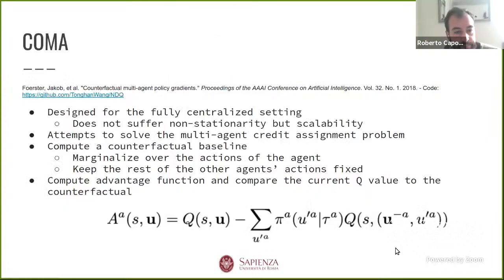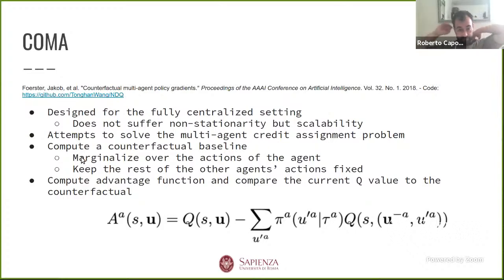Okay, so moving on, we have this other paper still from Förster. I don't know if I'm pronouncing this well or not, but this is how I think it should be pronounced. So this paper is counterfactual multi-agent policy gradients, which is also short named as COMA, which is maybe an unfortunate name, at least in Italian. But by the way, there is the implementation again available here, and this is not an official implementation, but it's a valid implementation. This COMA algorithm is designed for the fully centralized setting,